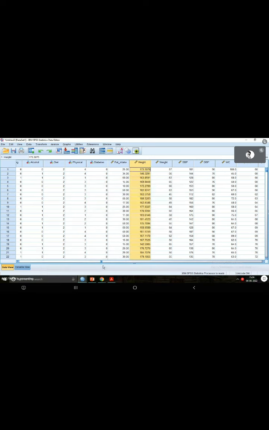If you do this, you will not see anything in the output window because you have not done any calculation. Instead, if you go back to your data view and scroll to the end, you will see a new variable created, height underscore meter. For every value here, 173.3 is now 1.73. So rather than calculating it individually in Excel or in a calculator, if you just use this option, for every row the corresponding calculation will be done. This is how you create a new variable. All of you have done this?